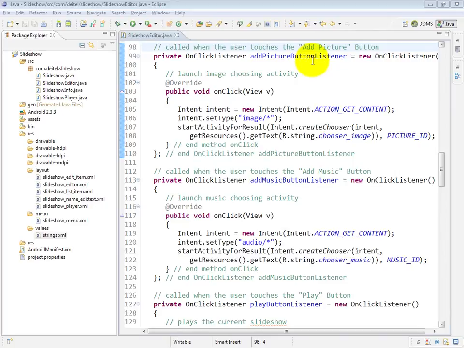Lines 99 through 110 define our Add Picture button listener. Now, when the user touches the Add Picture button, this listener's onClick method is going to launch another activity that allows the user to choose an image and have it get returned back to the slideshow editor activity for insertion